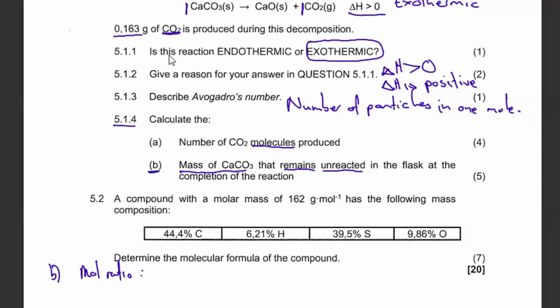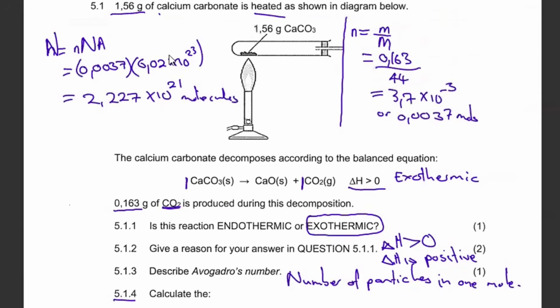So I'm going to say CO2 is to CaCO3. According to this, the mole ratio there is 1:1. Now if we go back to the top, to when we were asked to calculate the number of moles,